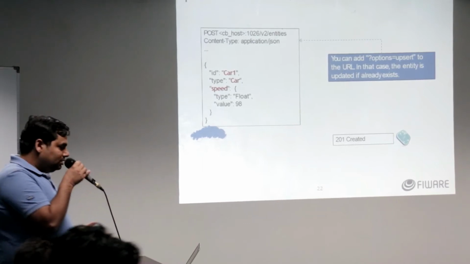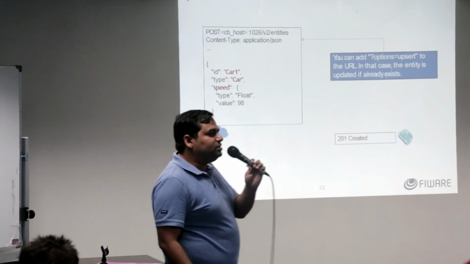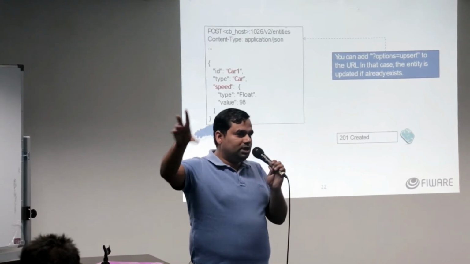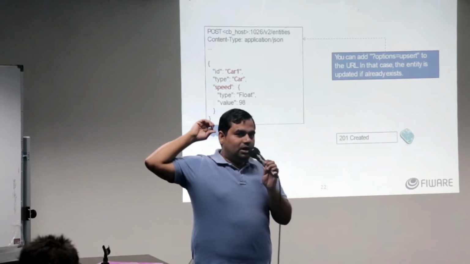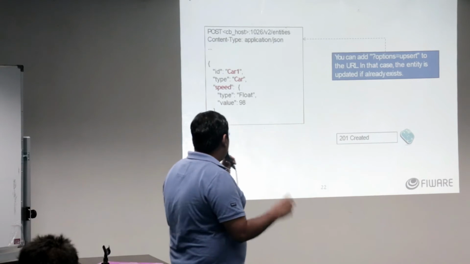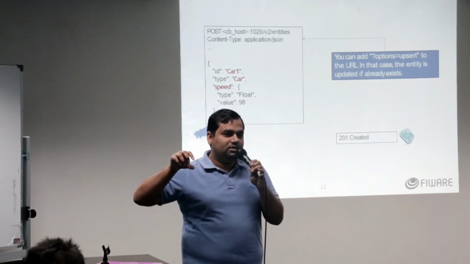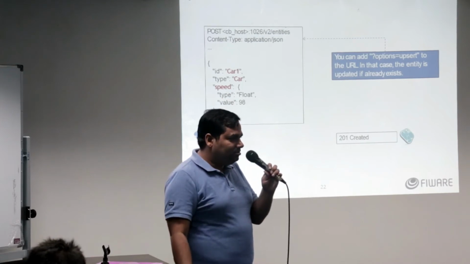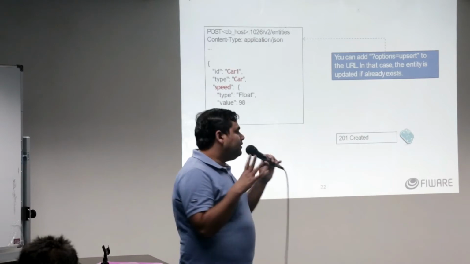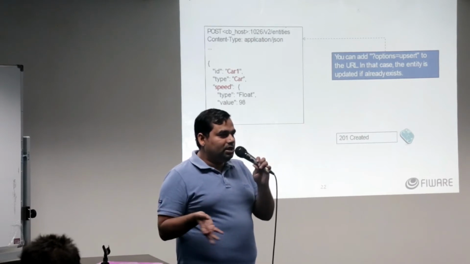Just creation. Then, as for HTTP protocols, you have response codes. So you put in the request, you should get some response. There are successful response codes and there are failure response codes. So when you do a post, if you get 201 Created, that means it's successfully created in the system. Very good for us, right? So when we do a post, if you get 201 Created, it's created. Or if you get any other code, then there might be an error.